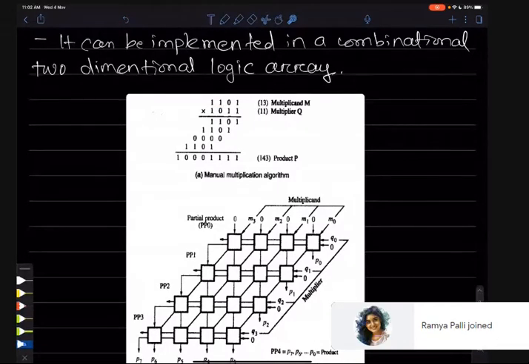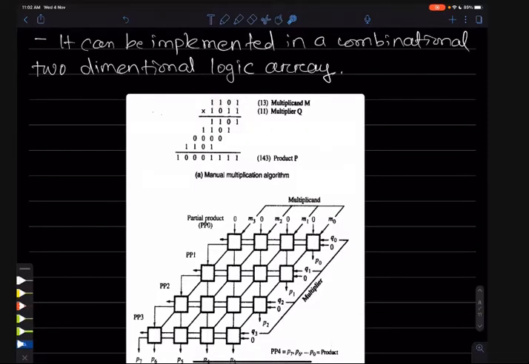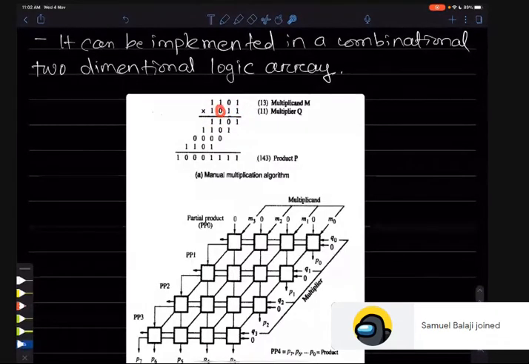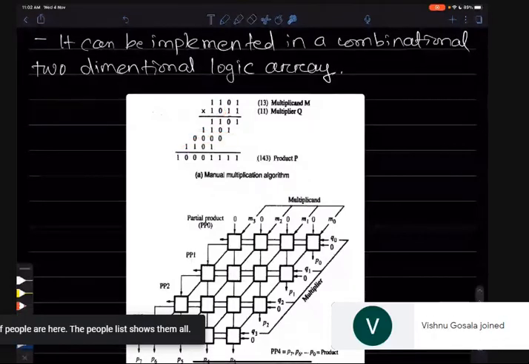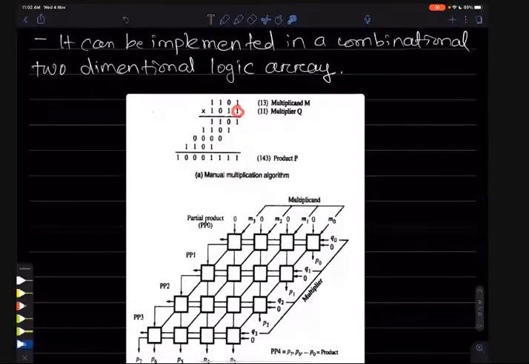So we'll always start with the first bit. The first bit will be multiplied with all the bits and the result will be written here. In binary it is very easy. Whenever the multiplier bit is 1, just copy the multiplicand to the result, and whenever the multiplier bit is 0, just copy 0 0 0 0 to the result. Okay, it is very easy. These products are called partial products, and the end result is called the product, that is P.